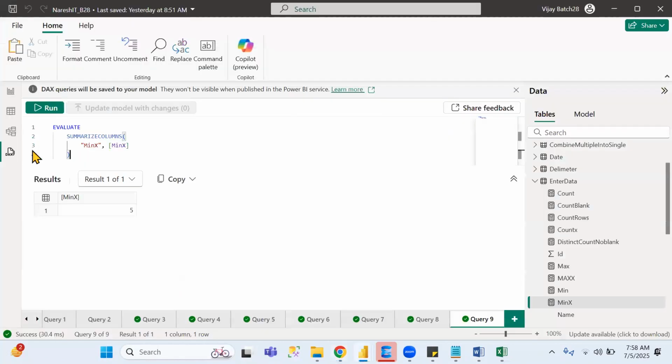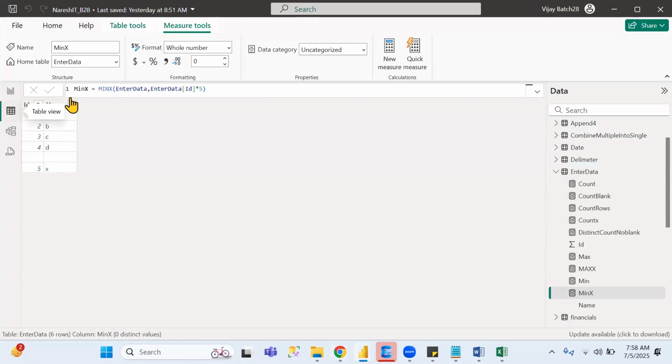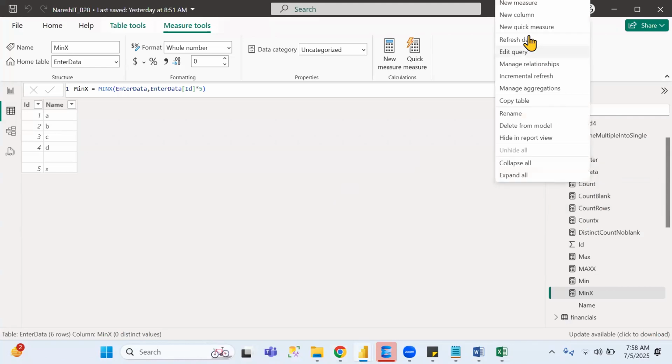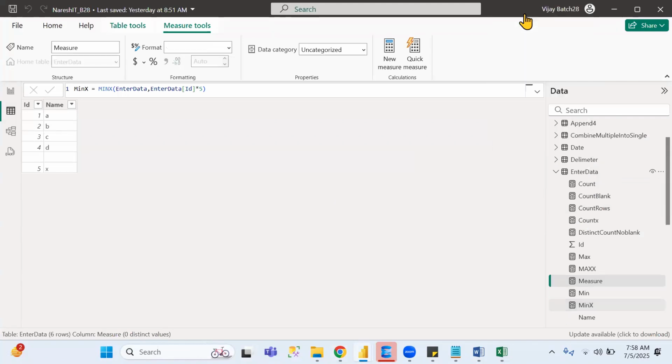See here how we can implement this. Suppose, for example, we can create sum in a measure only, right? What is the disturbance here? Sum will always be created as a